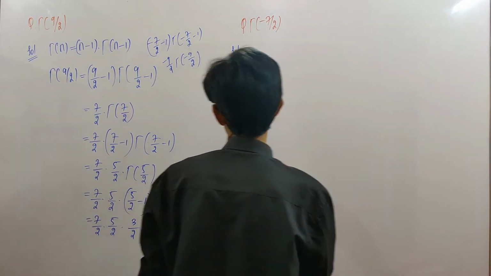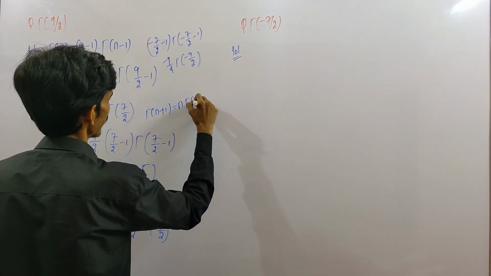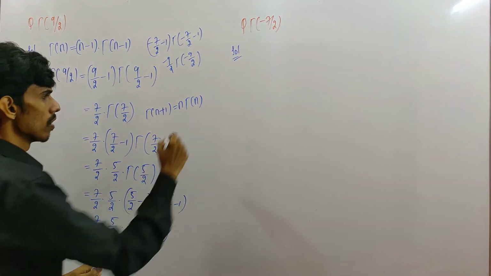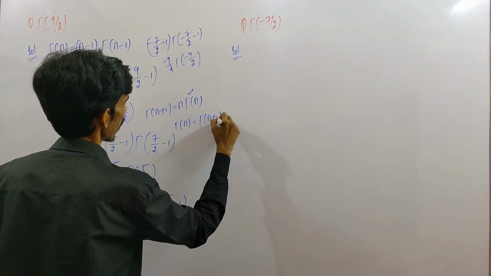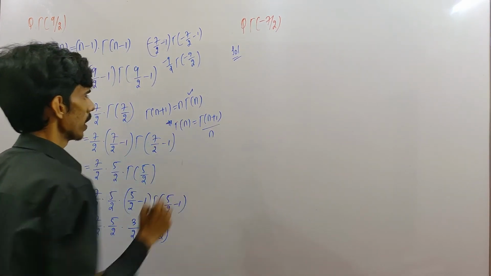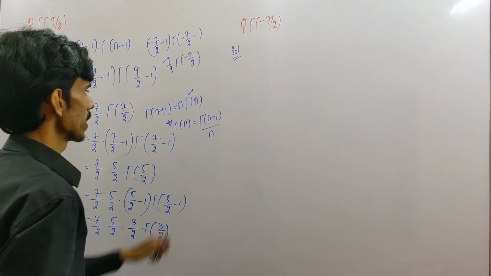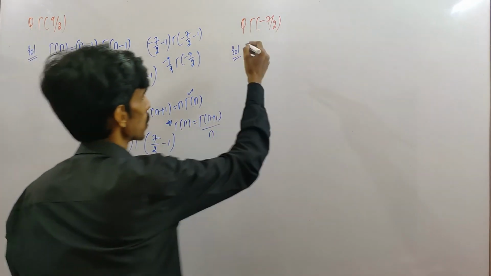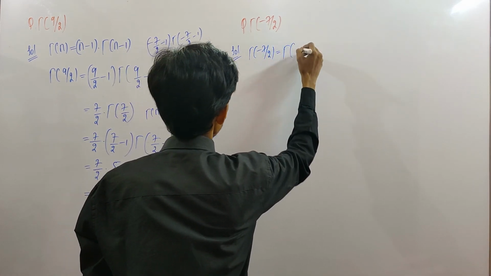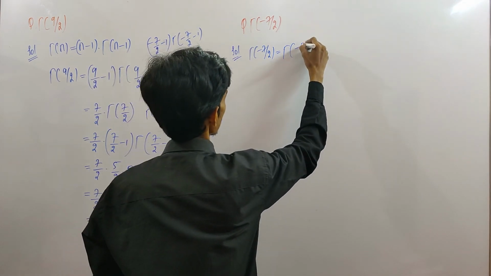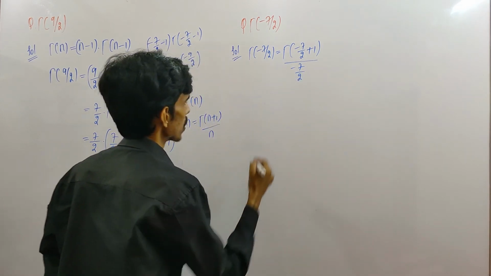We know that gamma of n plus 1 value is n gamma of n by the reduction formula. From this, get the value of gamma of n. Gamma of n value is gamma of n plus 1 divided by n. This formula is suitable for solving negative values of gamma. So let us solve this. Substitute n value as minus 7 by 2. So gamma of minus 7 by 2 will be gamma of n plus 1, so we have minus 7 by 2 plus 1 divided by minus 7 by 2. So this will become